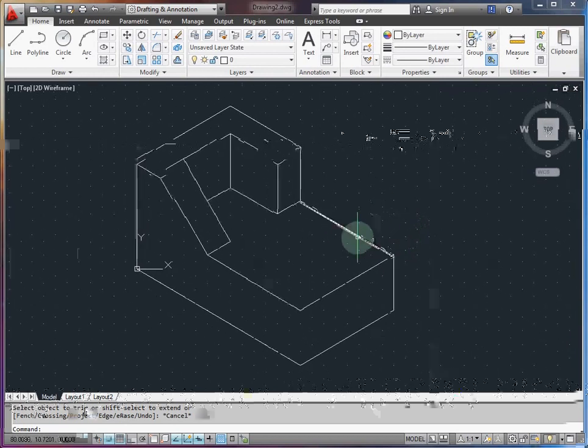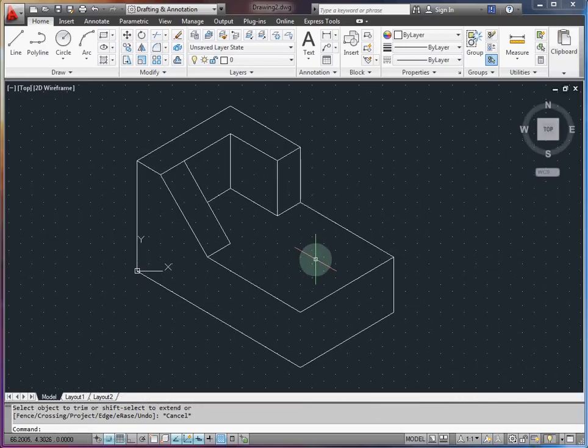And now I need to add an isocircle, which is that projected elliptical circle to represent the hole in the middle. So the way to do that, there's 2 steps you need to remember. The first is you want to run the isoplane command, and that'll tell you which of the 3 isometric planes you're going to sketch these holes on. So now it assumes I want to sketch on the top, and you can see that's represented by the shape of the cursor. So then I can type the ellipse command,